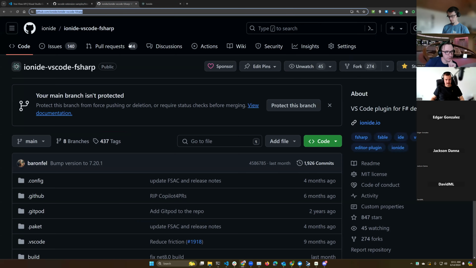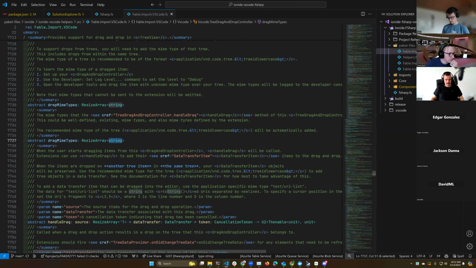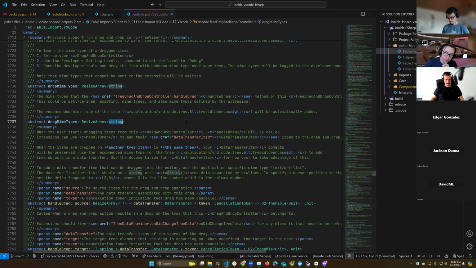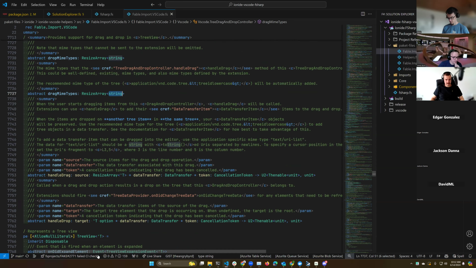Thinking about this now, looking at how they've written this API, this handle drop target is basically just like you're taking items and putting them on top of a target rather than above or below. Oh, I see. So it's not within the context of the list, really. But I don't know if that's just one way to use it and we need to use another way, but that might be the case.